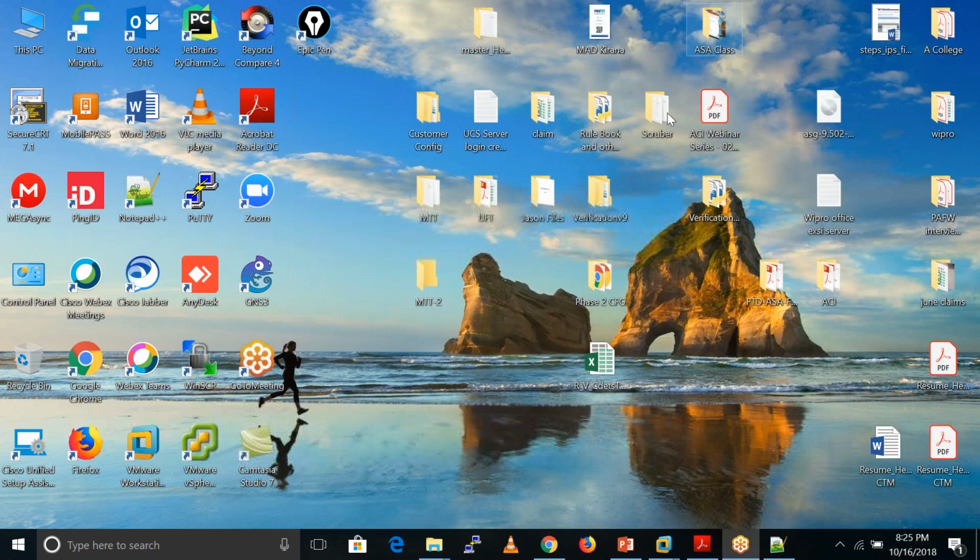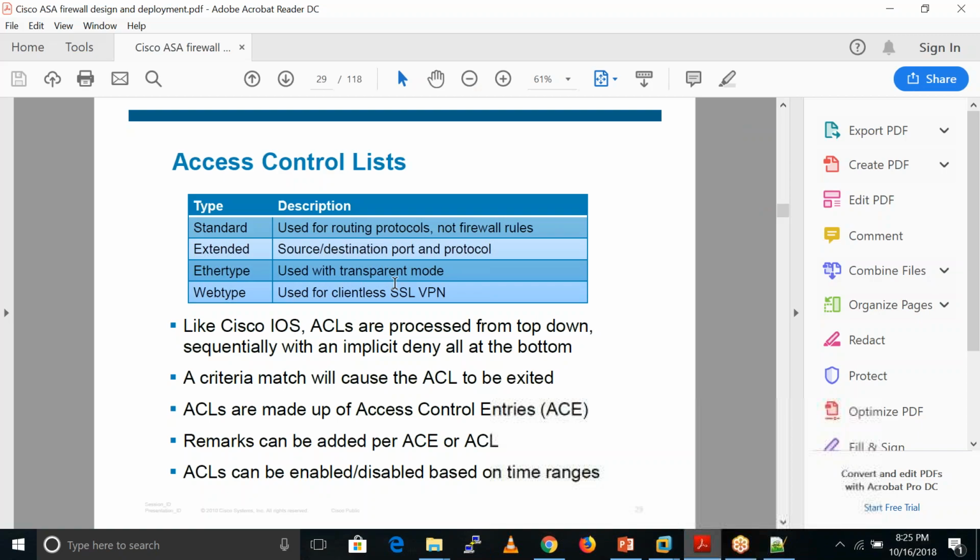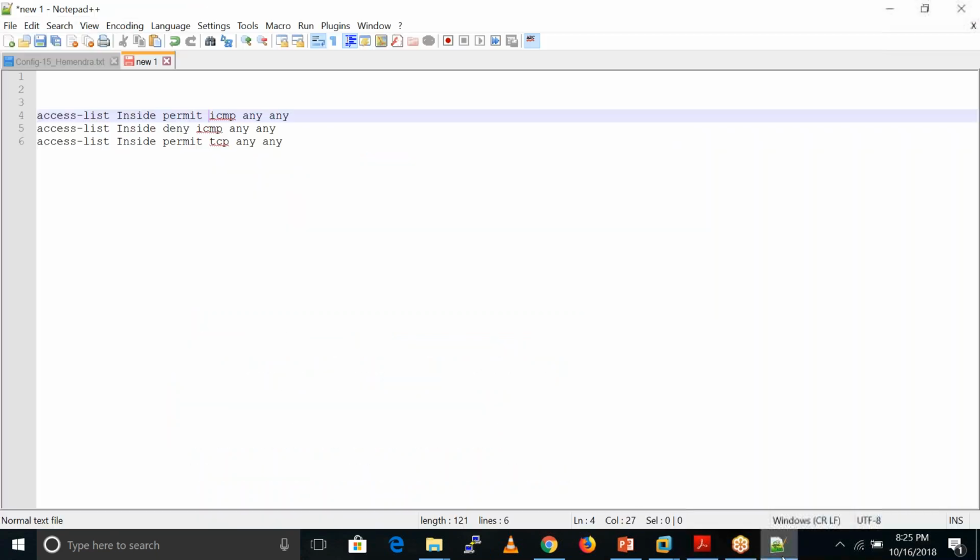So we are in the access list inside. In this scenario, we are permitting any IP address, correct? Yes, correct. Generally, from inside to outside all the traffic is allowed.